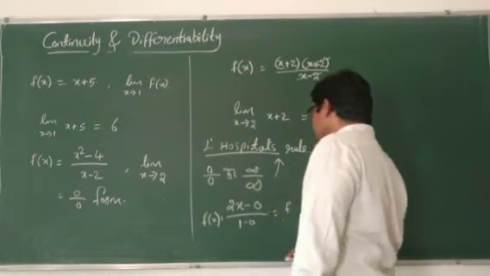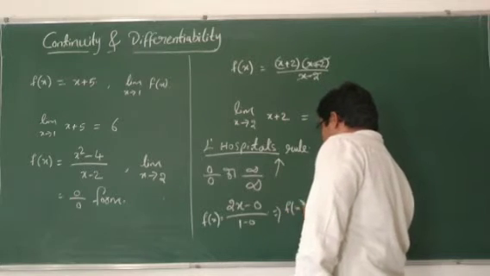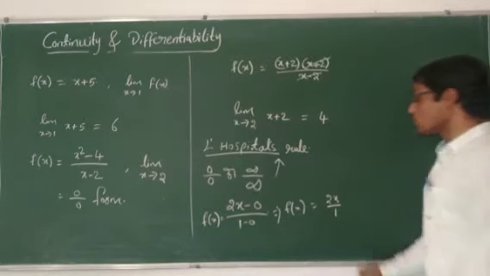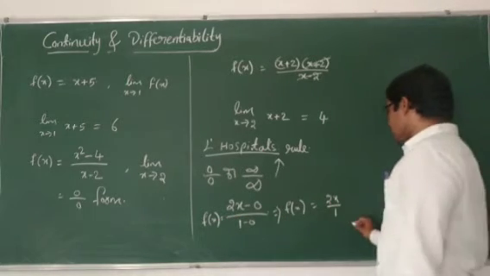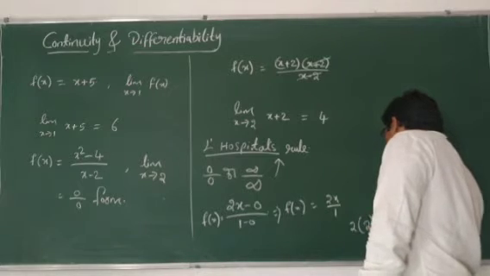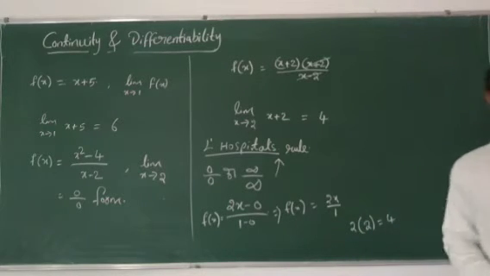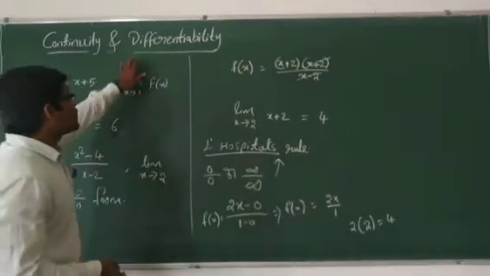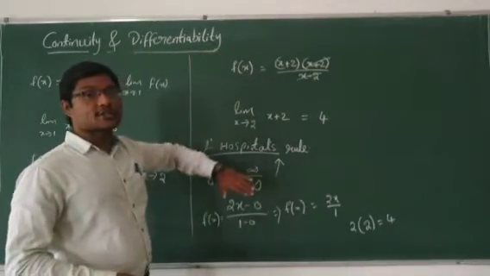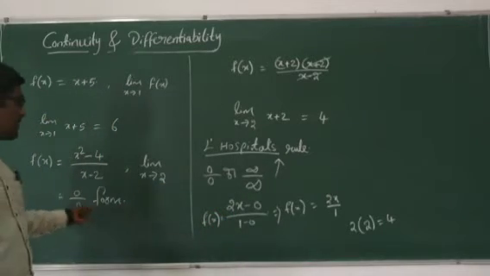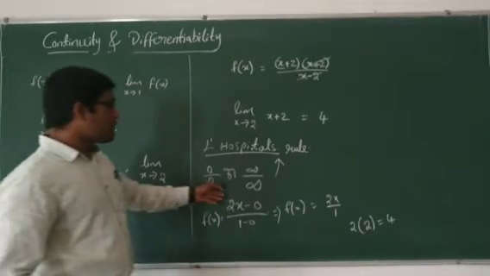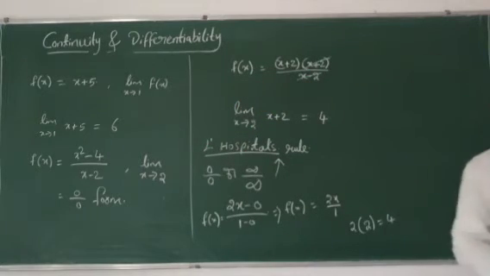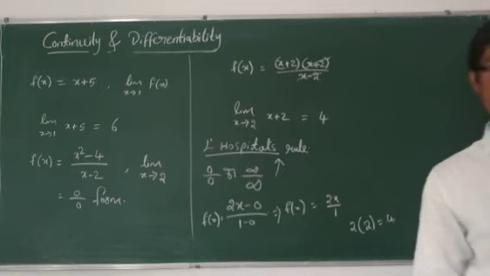Now your f of x is equal to 2x plus 1. Here you can apply the limit. You will get 2 into 2, which is equal to 4. It doesn't matter even if you don't know the derivatives, because anyway we will be doing the differentiability chapter. You have derivatives. This is a very simple one. You can remember. Even if you don't remember, no problem, because anyway we will be doing the differentiability topic.